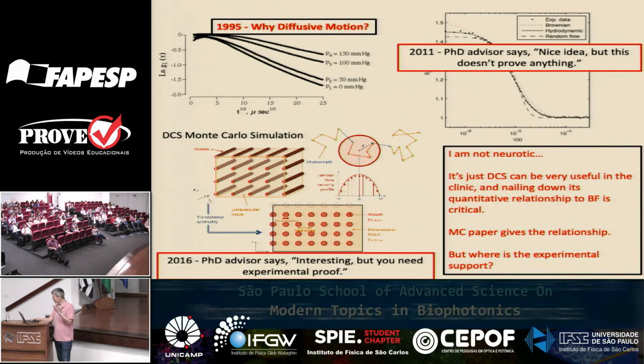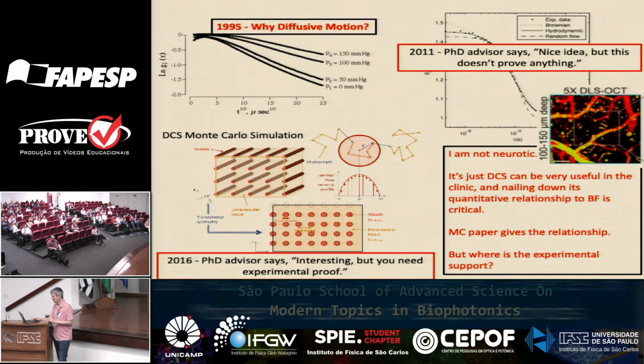And then it occurred to me, shoot, I just showed you OCT was measuring this diffusion on the vessel wall, which I didn't understand at the time, but actually the diffusion is happening near the vessel wall. I thought it was on the vessel wall, but it's actually near the vessel wall. Near the vessel wall is where the shear is greatest. And where the shear is greatest is where the shear-induced diffusion of red blood cells will be the greatest. So